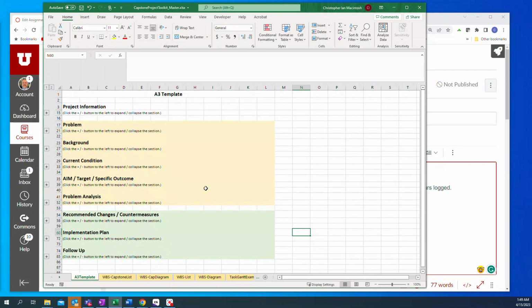This is just my master file, and you'll see there are a lot of tabs here along the bottom. This is opening up to the A3 template, which is a nice one-page overview of a project, but we want to get to the progress report and the hours logs. So if you click in Excel, if you click the little arrows along the bottom where the tabs for the sheets are,